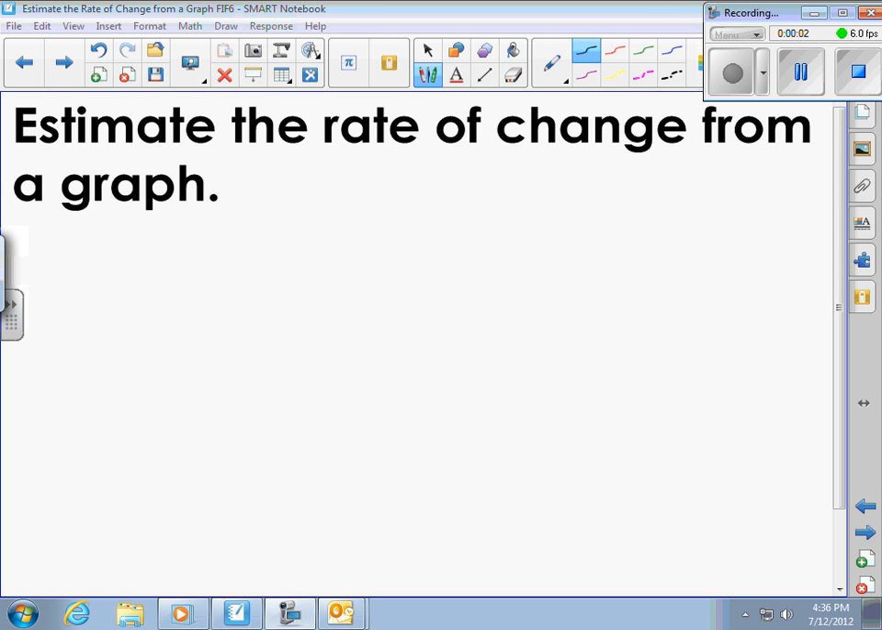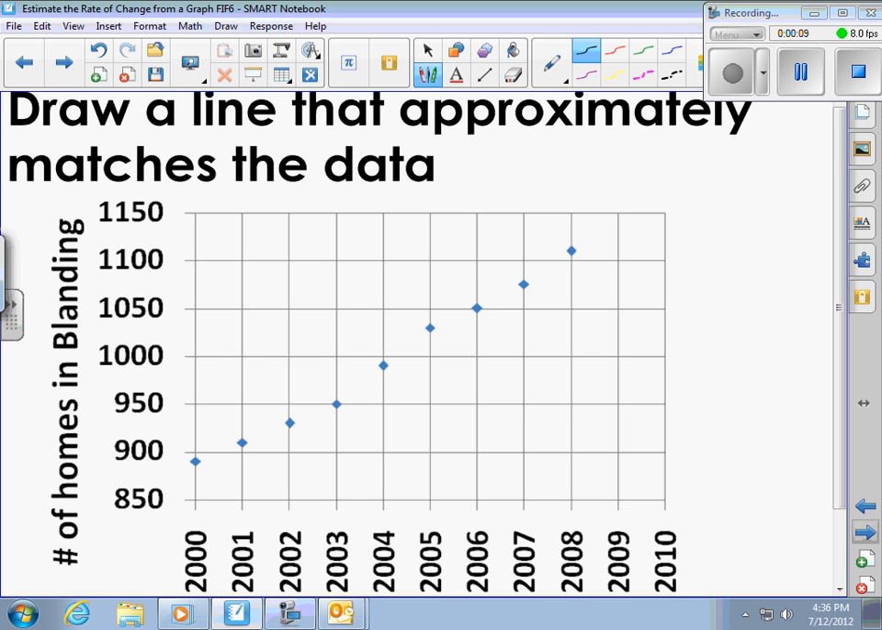This video clip shows how to estimate the rate of change from a graph. Suppose you keep track of the number of homes in Blanding over time, maybe each year,